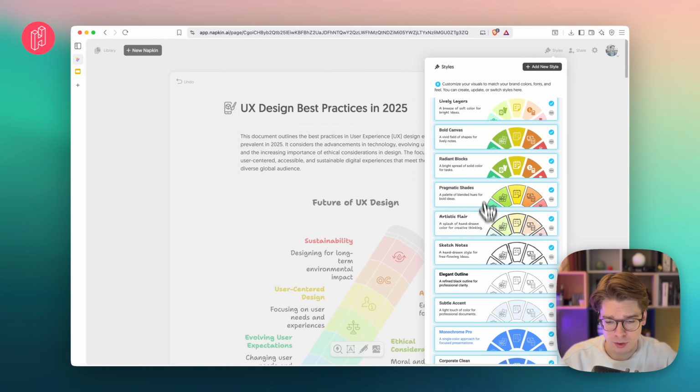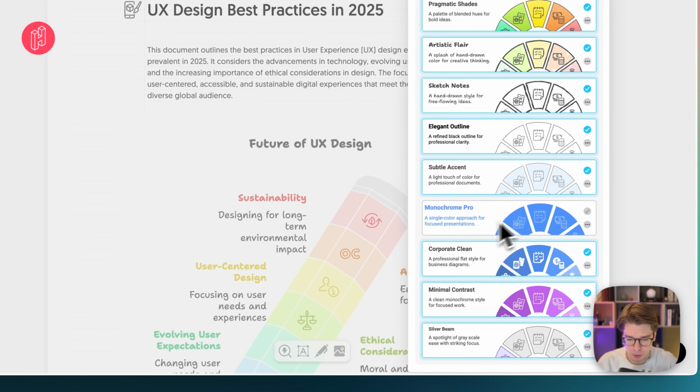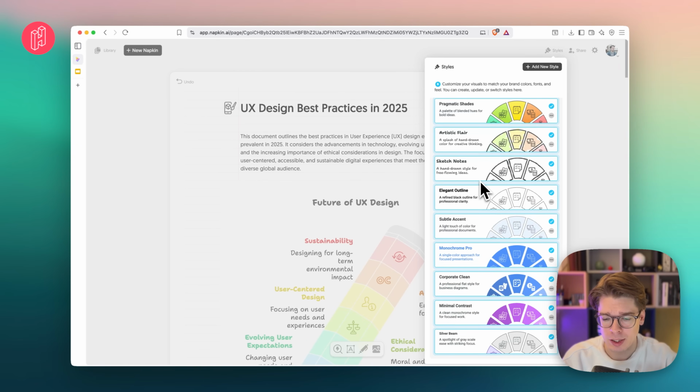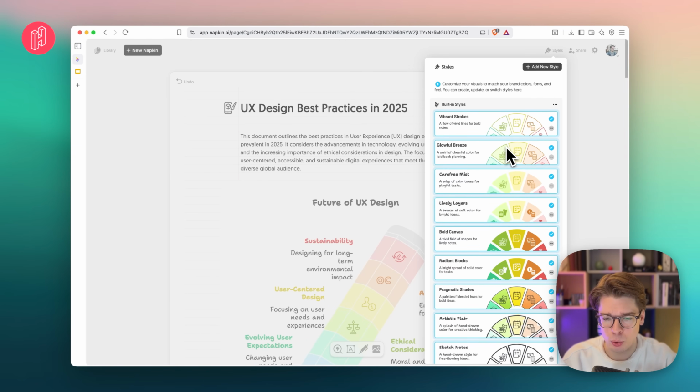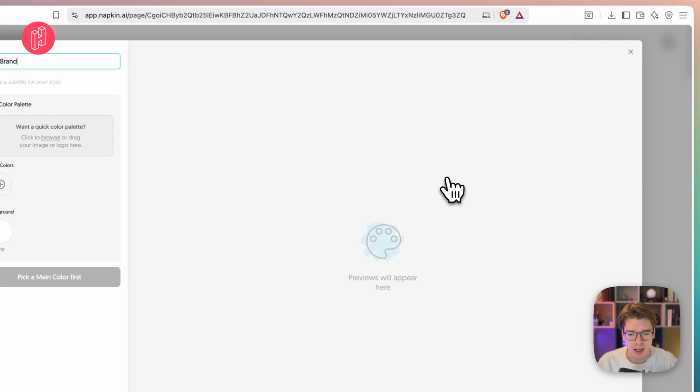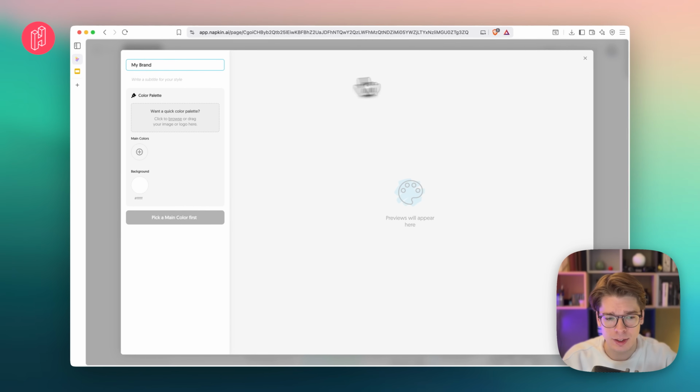Like even some I haven't shown. I think this is actually pretty cool. But these are of course the built-in styles. What if we want our own custom style for our own brand? We simply press Add New Style, and in here we can start building out our brand, and we start by